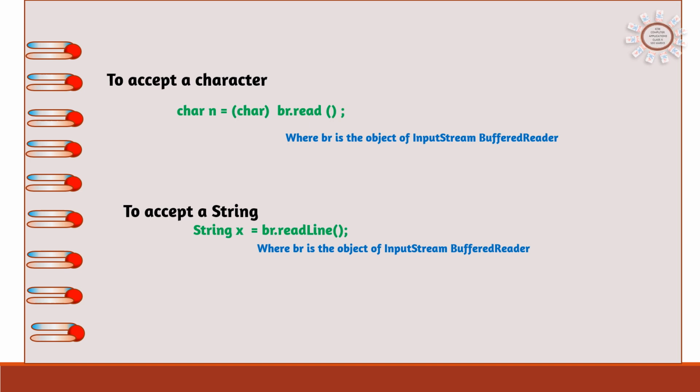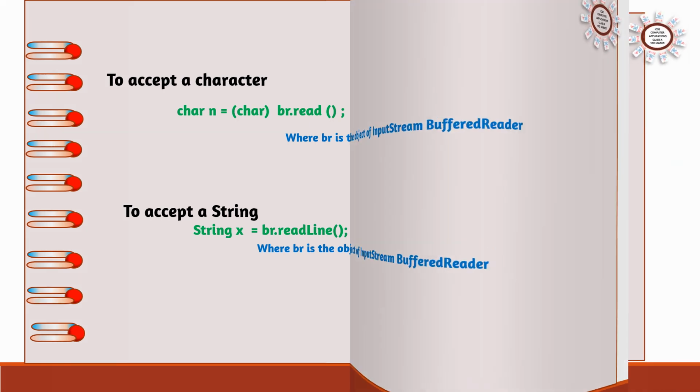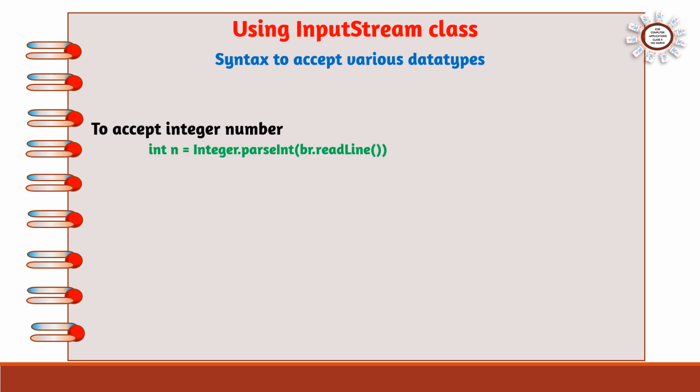BR is the object. So now we can see how to accept an integer number. Declare the variable int, and use Integer.parseInt. Here we are using the wrapper class Integer with capital I, and here int also, then Integer.parseInt for converting string to integer, then BR.readLine(). The command for accepting a string will come in brackets. So we are accepting it with BR.readLine(), and after accepting the string we are converting it into an integer using the command Integer.parseInt.